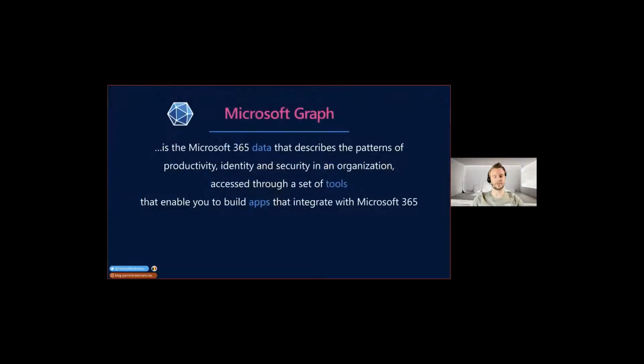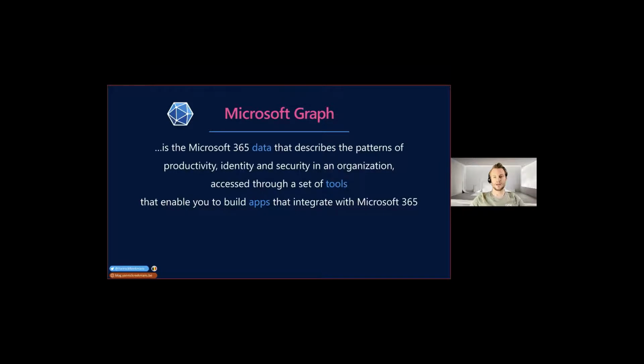Microsoft Graph has existed for a couple of years already, so you probably know about it, but here's a quick recap. Microsoft Graph is the one API endpoint to rule them all. It exposes the data within your Microsoft 365 environment through a set of APIs, enabling you to build applications that can interact with this data. This is a major improvement over the different APIs for each different workload we used to have before, all with their own approaches and authentication. Microsoft Graph unifies that into a familiar set of APIs.